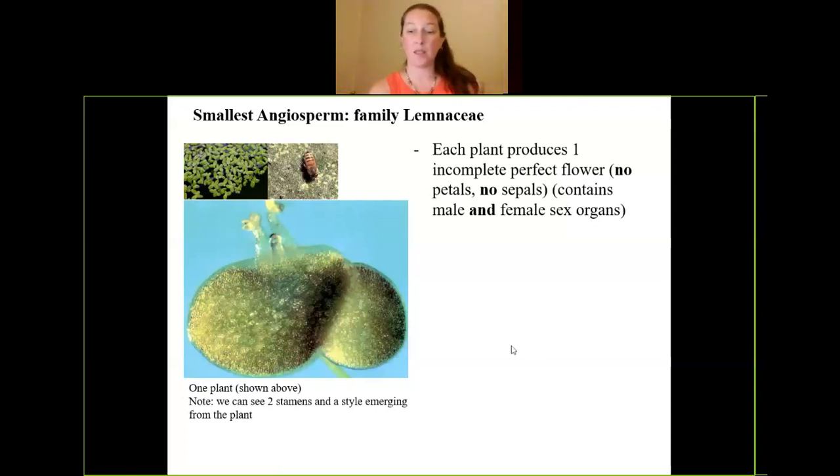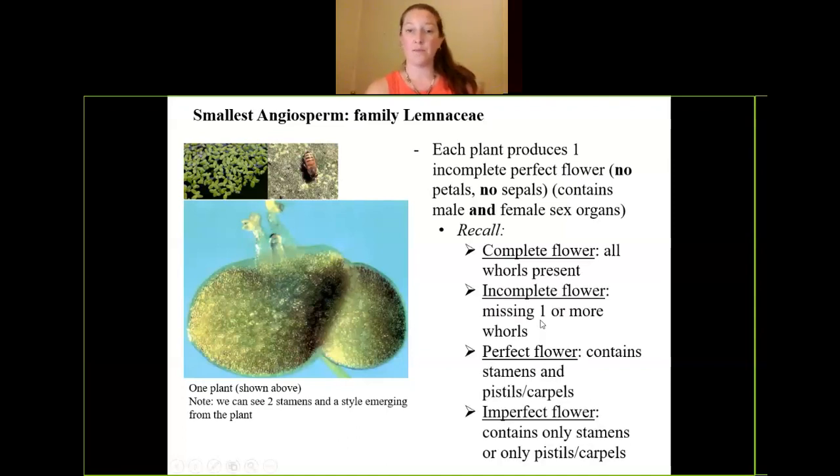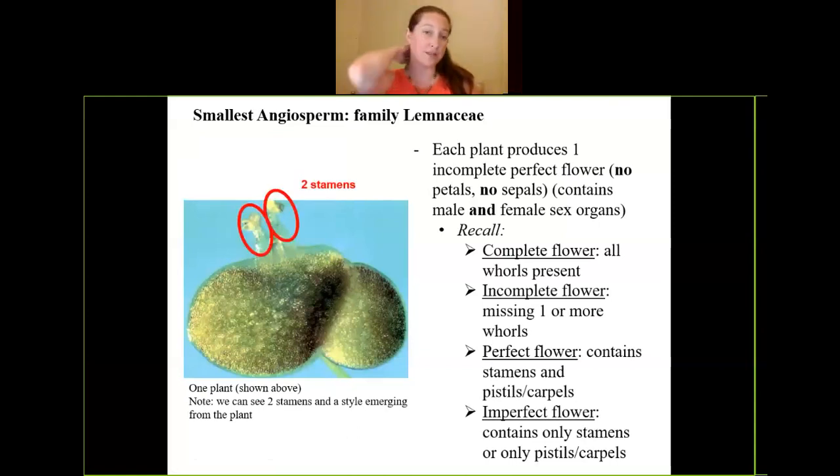Well, let's go here. That's what I was just saying, right? So let's look at the flower. It has two stamens, and we could see the style there of the pistil/carpel. So we know it has female sex structures. So male sex structures, female sex structures. It has to be perfect, but